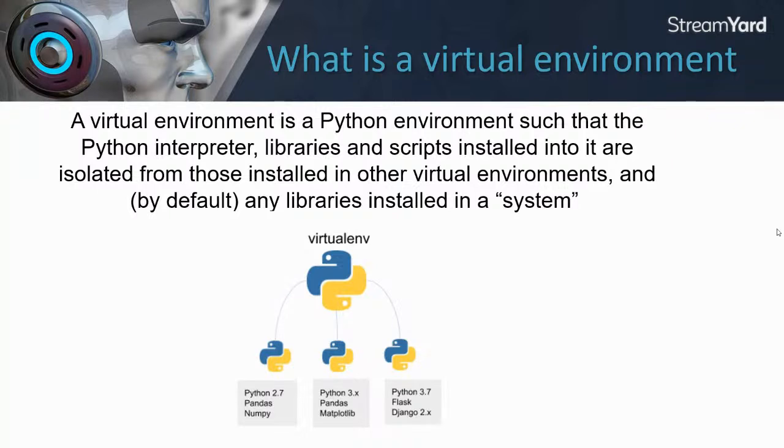So let me give you a typical example where if we have a project and we're working on Python 3.5, right? We're working on a project and all of a sudden there's Python 3.9 or 3.10. Now, obviously, different versions come with different features. So there might be outdated things that we are using in a project in 3.5 that don't exist in 3.10. So this is where virtual environments come in. Basically, it is like a container, right? Which comprises all the libraries and the scripts that are being used in that specific project in isolation. So we do not have to clash different versions when it comes to different projects.